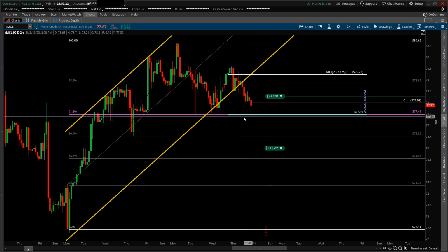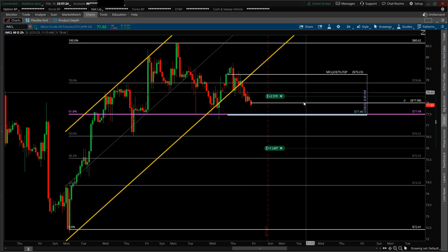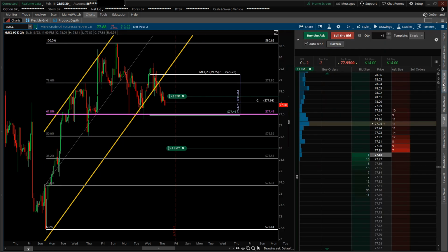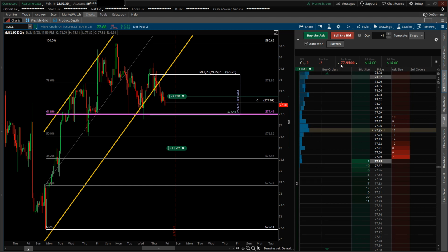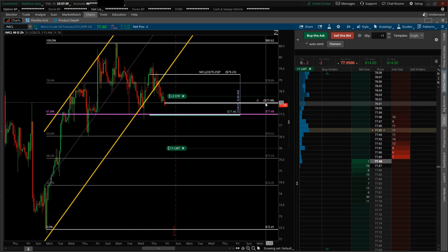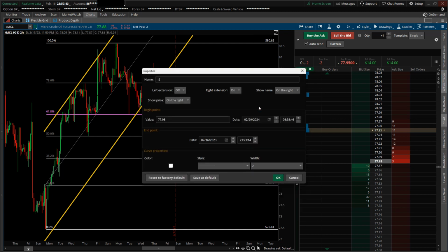So that's the current status for both the option trade as well as the short on the futures. If I click on active trader, the trade is now up $14. My entry price is 77.95, which I should have marked up as 77.95. Let me go ahead and do that now. So there should be 77.95